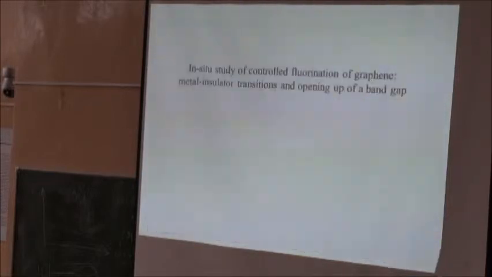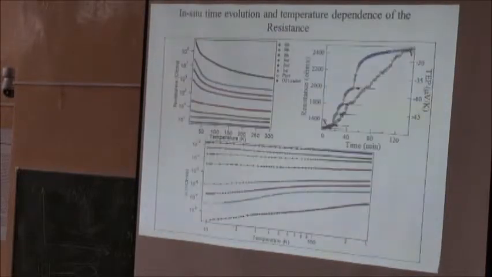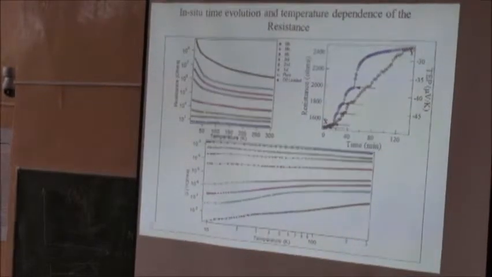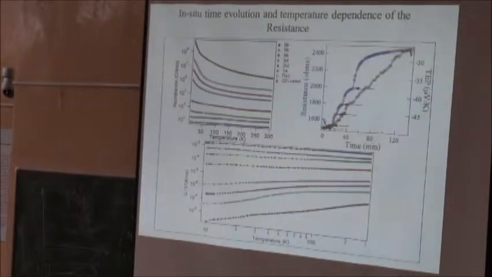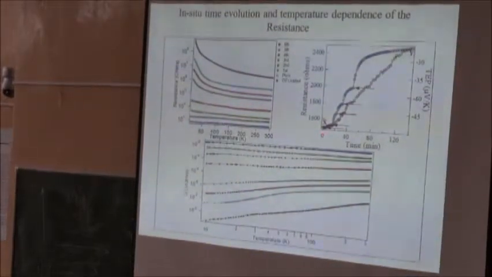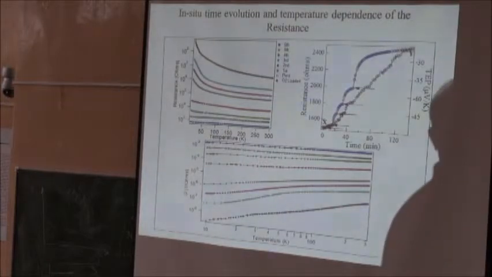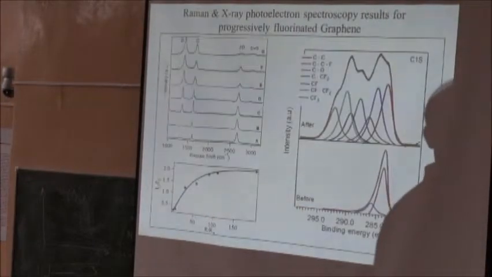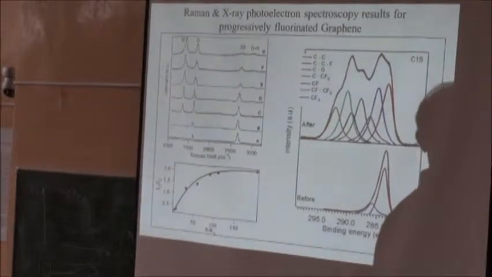Okay, so I'll just quickly go to the fluorination now. We get similar results. Again you can see the resistance around 1000 here. Then when we fluorinate, you can see it's again increasing. At the same time I can do the similar metal-insulator transitions, so it's a very similar behavior. But in this one, I don't want to go through this one. So you can see again very similar